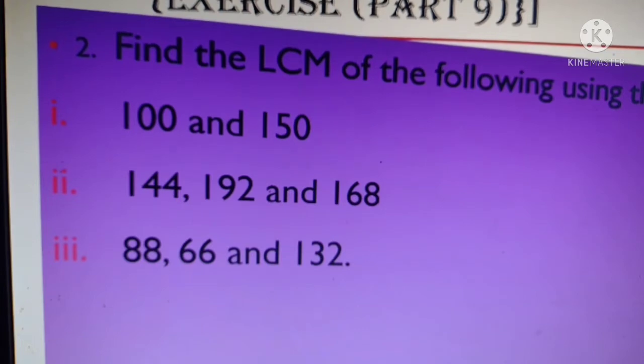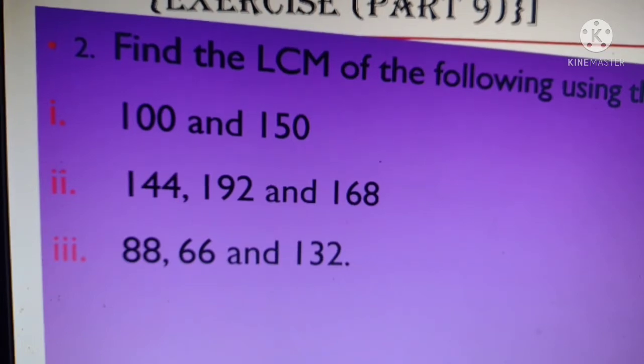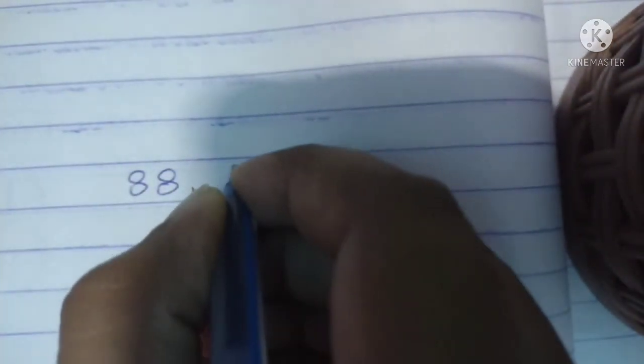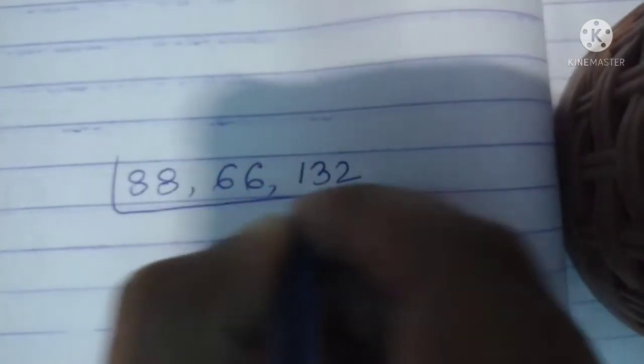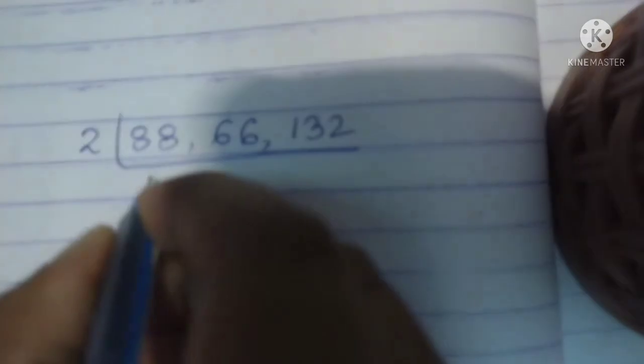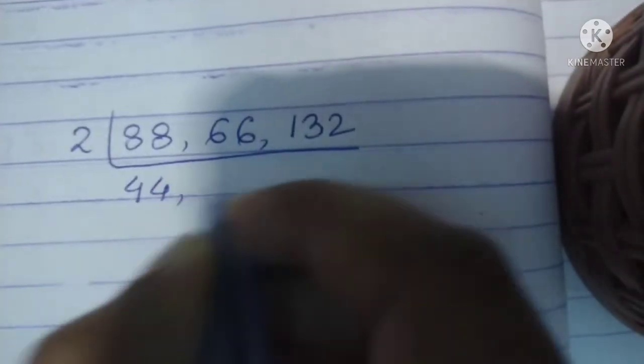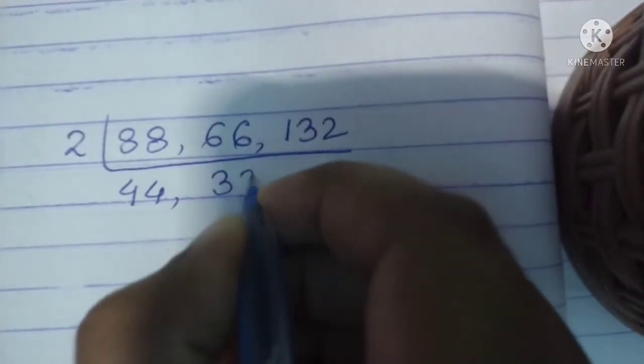So let's write our numbers first of all: 88, 66, 132. All of the numbers available here are divisible by 2. So let's divide. 44 is our quotient, here 33 is our quotient,